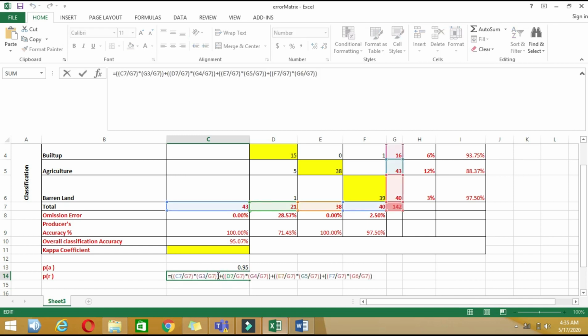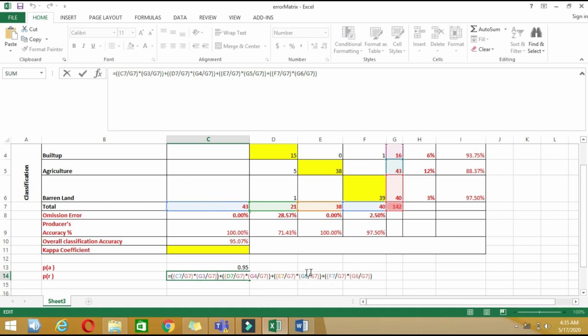Just to check again, what you have to do is multiply your column totals divided by the total reference sites, then the row total divided by the total, and then add all of them for our classes.